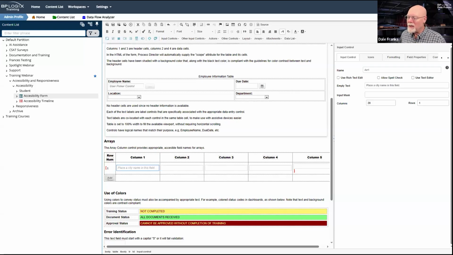I can tell you that the DOJ is going to be mandating accessibility compliance for all public agencies, ultimately, either this year or the next. If you're a private company, you're in a little bit of a hard place because I don't think that the DOJ is going to come after you because you're a private company. And Title II of the ADA is applicable, as far as I know, to all public agencies in the United States.